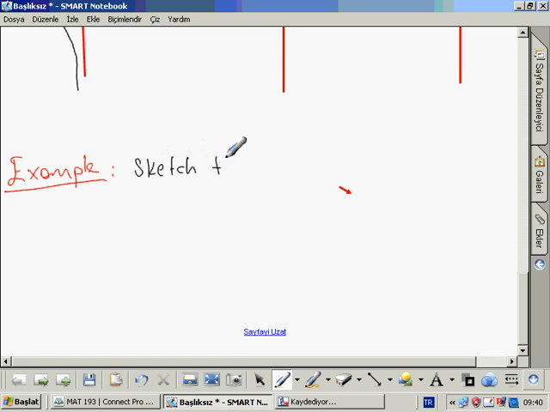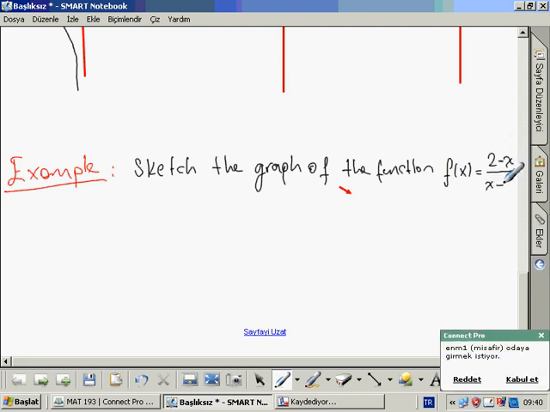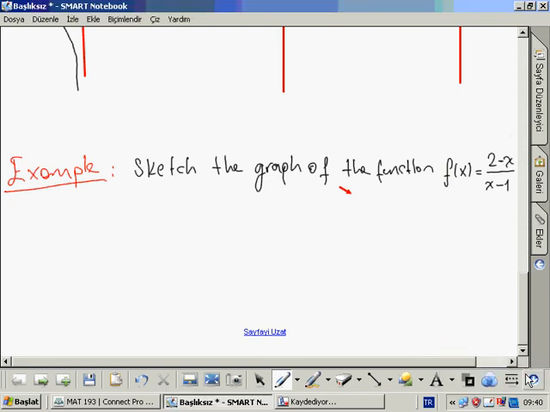Sketch the graph of the function f of x equals 2 minus x over x minus 1. Okay, and let's